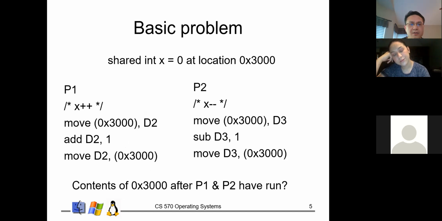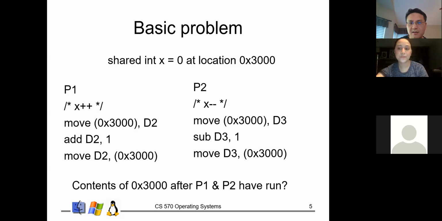Let's call these two processes. They both want to access a shared integer variable x, and also a shared location in memory,